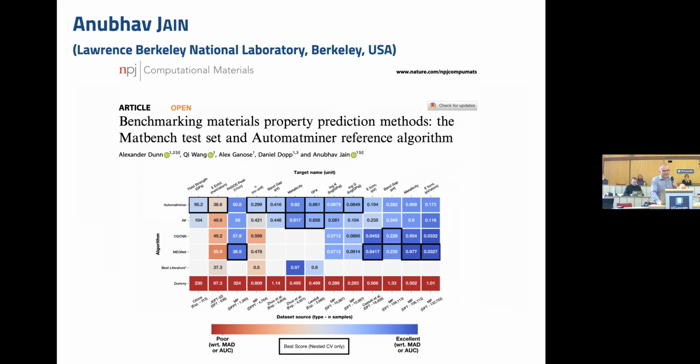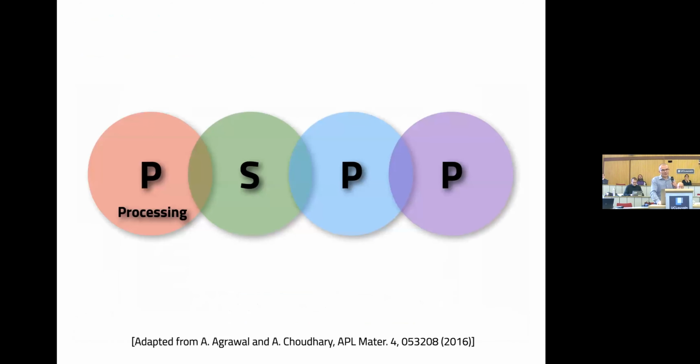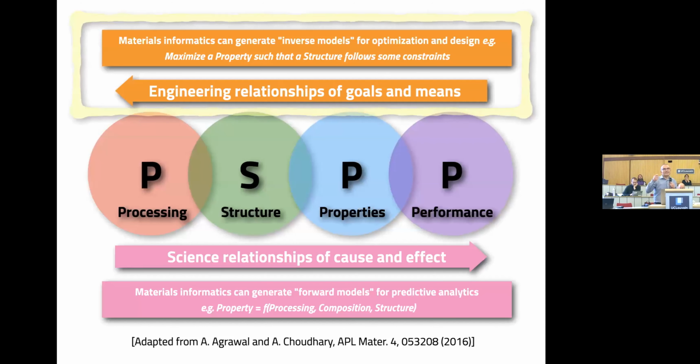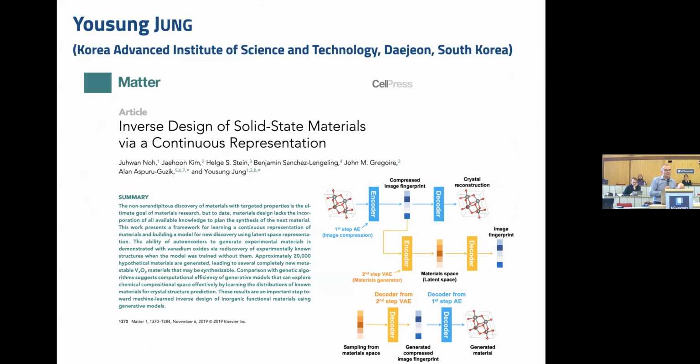And then finally, the last talk is going to be about inverse design. So that's developing a material that is such that it will have a targeted performance. So that's the performance that guides the whole chain of processing, structures and properties. That is called inverse design, and that will be covered in the talk of Yousung Jun from the Korea Advanced Institute of Science and Technology. And so it will show us how they handle that.